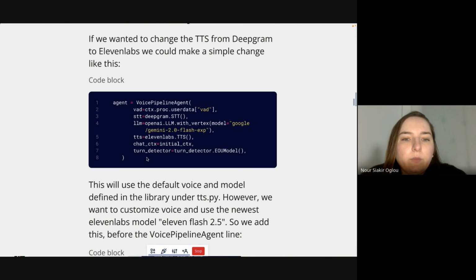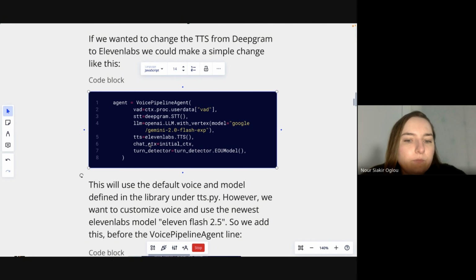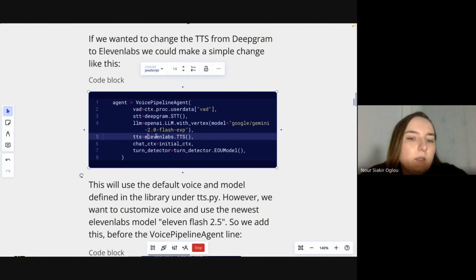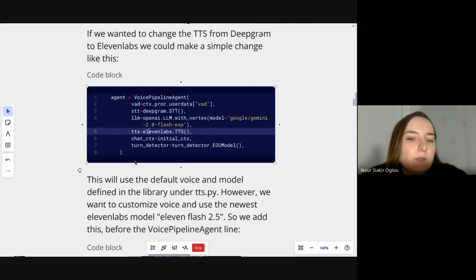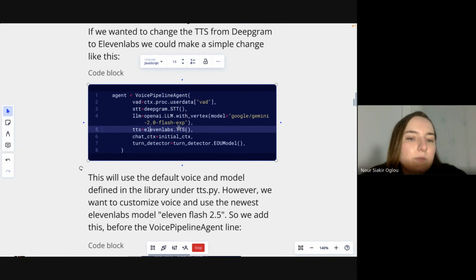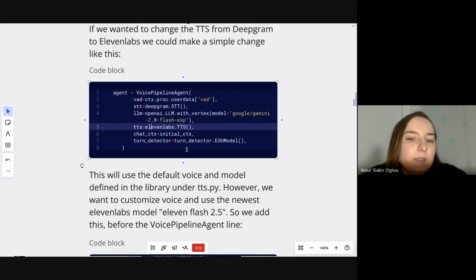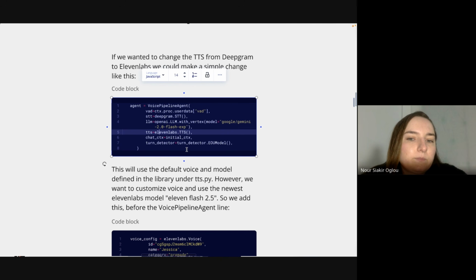And this is how we are going to do that. Again, it's very easy. The only thing that we will need to change is this here. The rest will remain the same. So we just say ElevenLabs.tts,